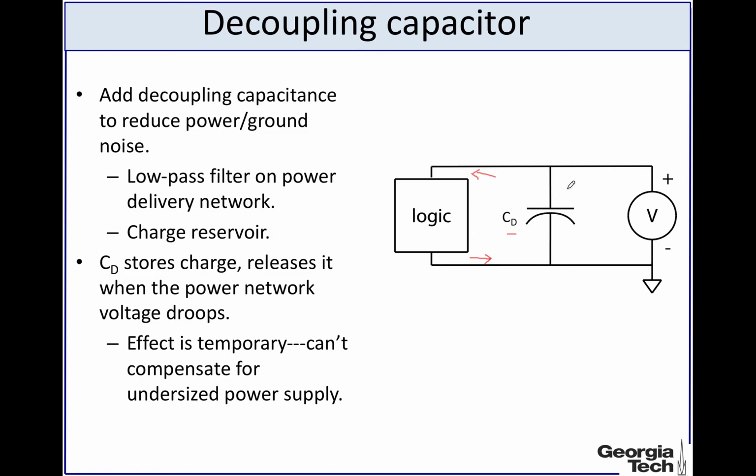Now what it does is that it stores some charge in usual time, and when the activity of the logic block is high, then rather than getting this current from this line over here, it will rather take the charge directly from the decoupling capacitor. Now note that this decoupling capacitor is right next to the logic block, so this extra amount of current that needs to flow does not flow directly from the source, rather it flows directly from the capacitor, and in doing so it